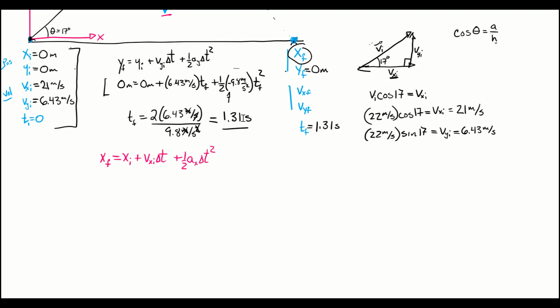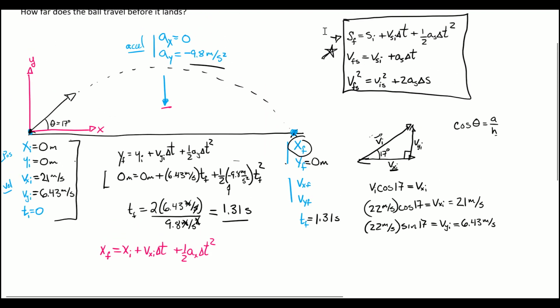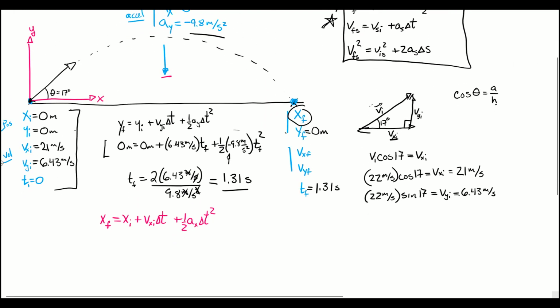And again, all I've done is taken our kinematic equation for constant acceleration and applied it to the x components of this whole problem. And it's now, again, a matter of just plugging in all the values for these variables that I know. X final, I don't know. That's what we're trying to figure out. X initial, 0 meters. V initial in x, we figured that out from our components, is 21 meters per second. Delta t is 1.31 seconds minus 0, so this is just my 1.31 seconds,